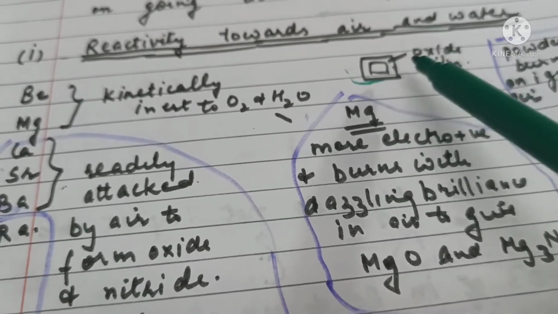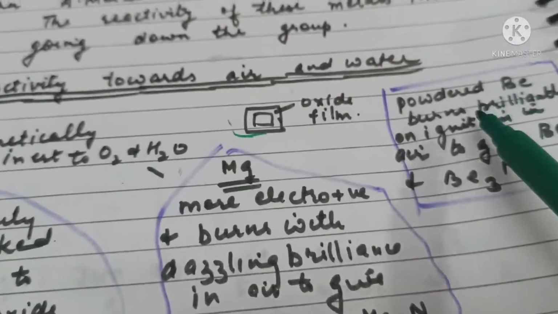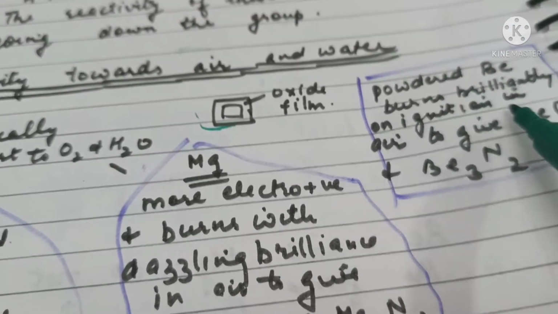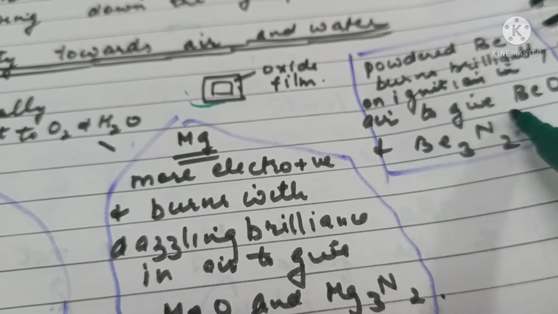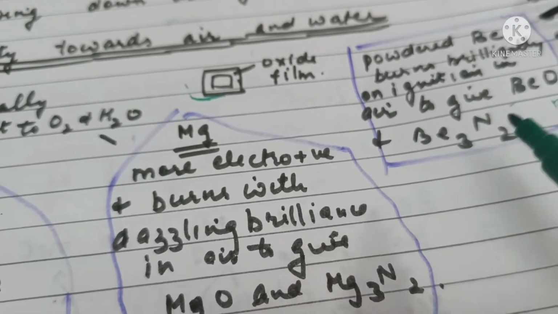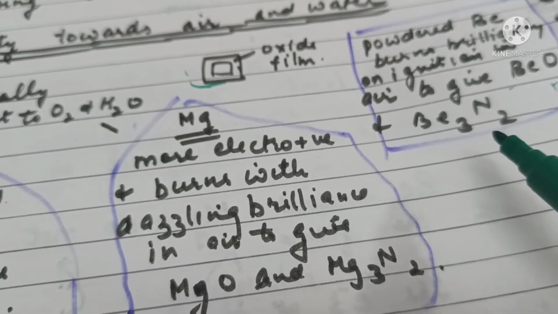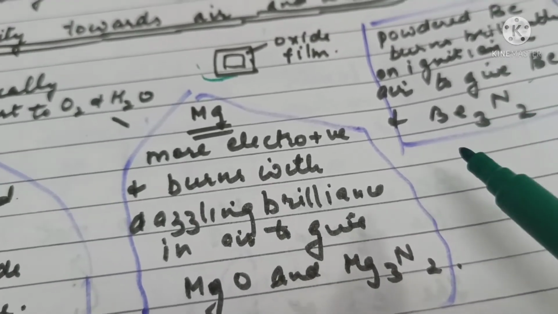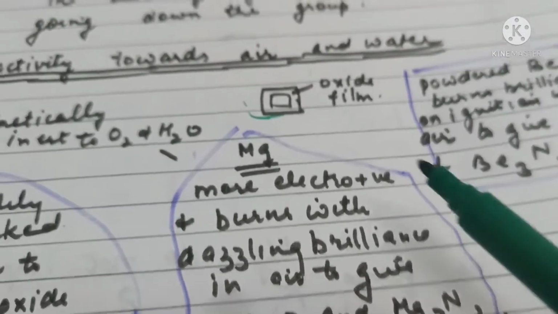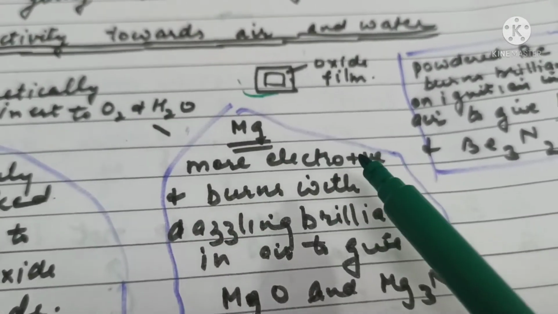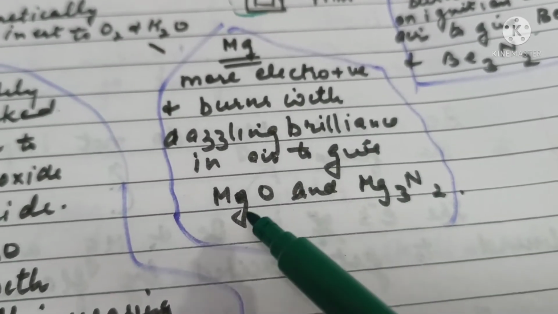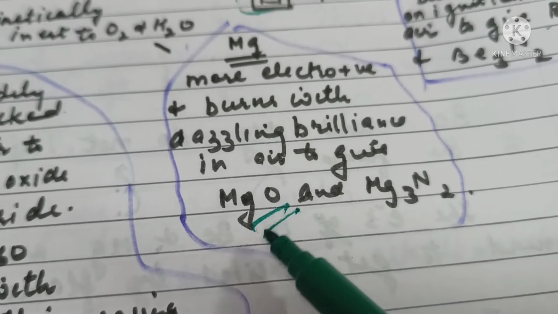But if we powder them, then powdered beryllium and magnesium will burn. Beryllium will burn brilliantly on ignition in air to give beryllium oxide by reacting with oxygen of air, and beryllium nitride by reacting with nitrogen of air. So beryllium plus nitrogen will give beryllium nitride. Magnesium powder also is more electropositive and will burn with dazzling brilliance in air to give the respective compounds, magnesium